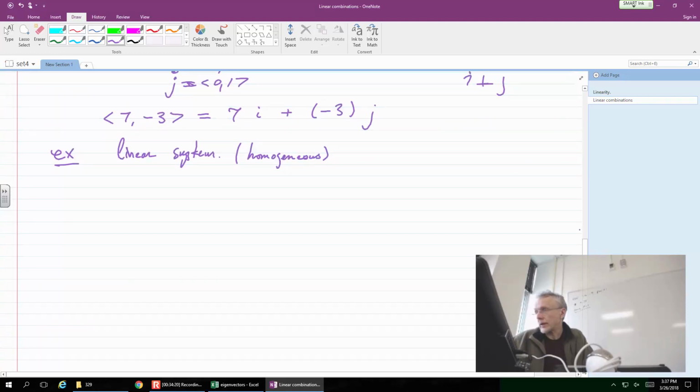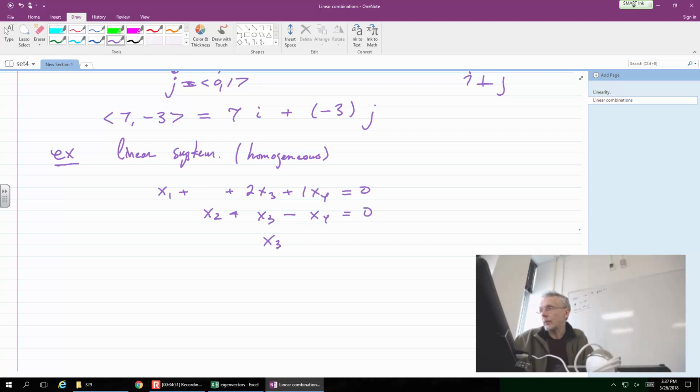So let me write the system so we don't have to go back to that notebook. So say x1 plus nothing, plus 2x3 plus 1x4 equal to 0, x2 plus x3 minus x4 is equal to 0, and x3, well, there's no x3. Okay, so that's our system. That's what's left of our system, and then we form our explicit solution, which is x1 is equal to